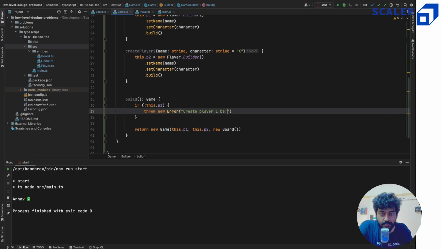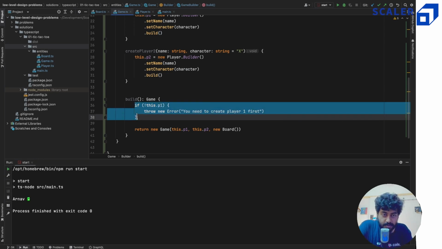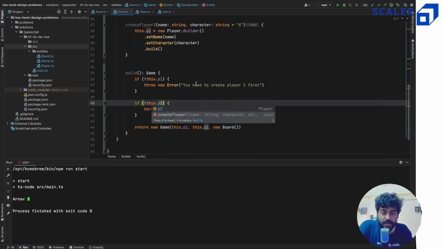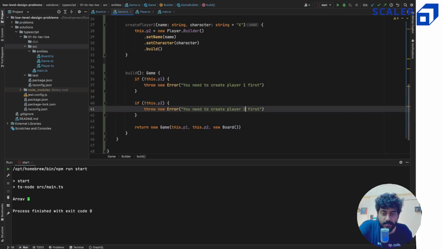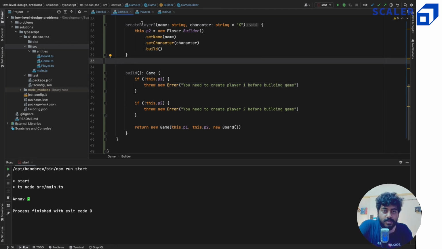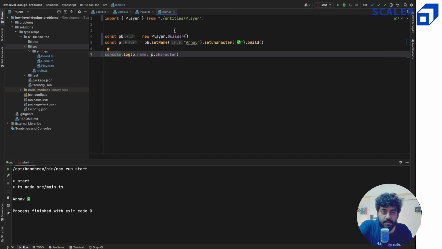Create player 1 before creating the game, or you need to create player 1 first. And similarly, if p2 does not exist, then you need to create player 2 before building the game. Okay, so now we have a good situation here, which is that when we want to create the game itself,